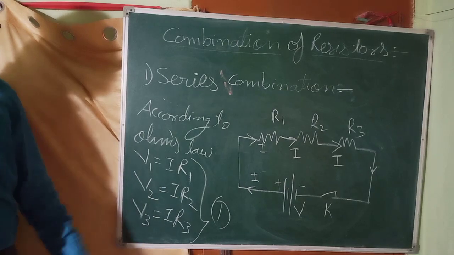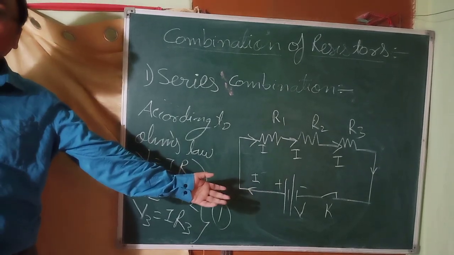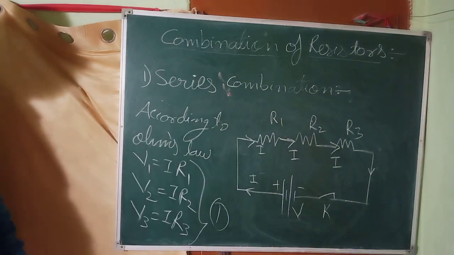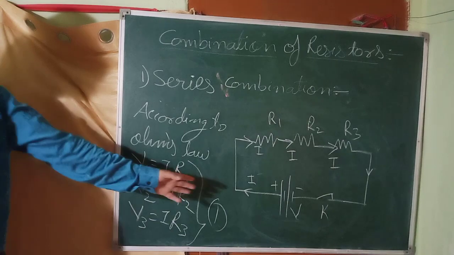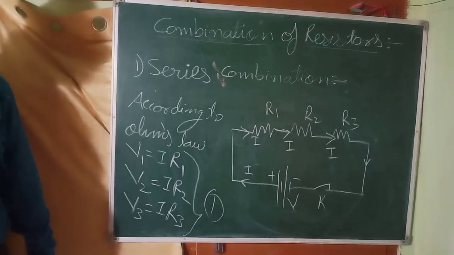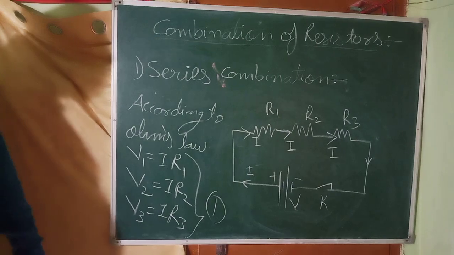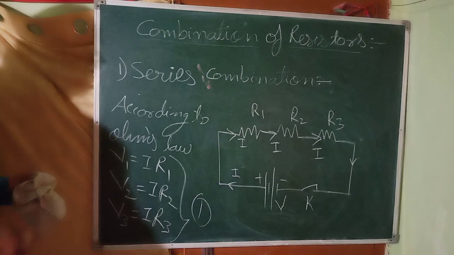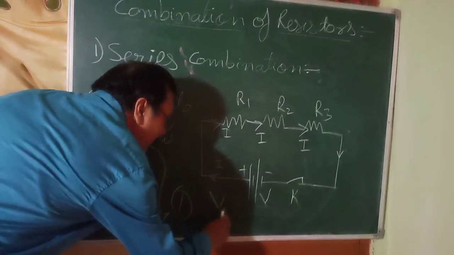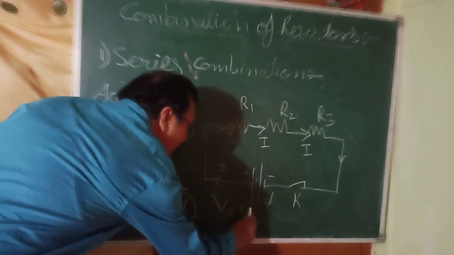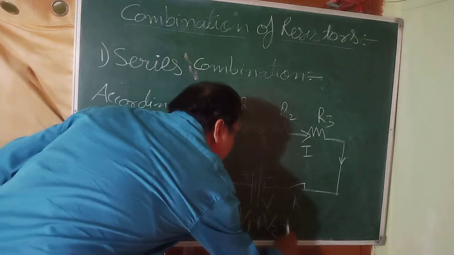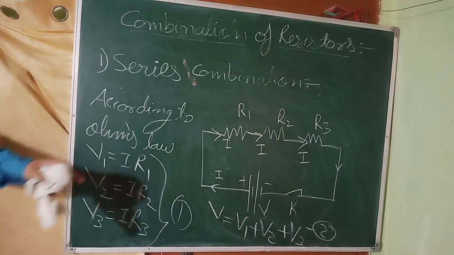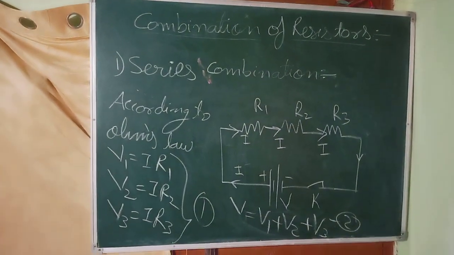It's like that only. So that is the potential difference supplied by the battery, and these are the potential differences which are being used by the different resistors. So obviously, total used equal to total supplied. It cannot be more than that. It cannot be less than that. So from here, we can get another equation, that is V is equals to V1 plus V2 plus V3. This is equation number 2.